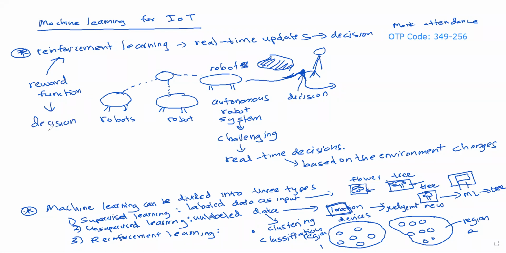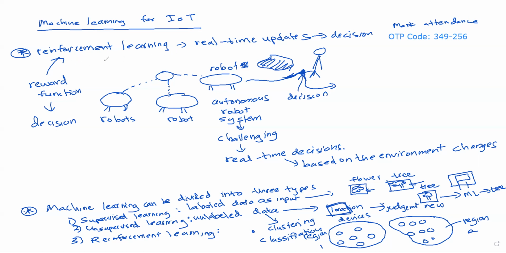The reward function is defined based on the expected output from the network, and the reward is getting higher if the decision that we make is more favorable for us in the environment. Anyway, these are in-depth techniques that are used in reinforcement learning. So if you're interested, you can learn about reinforcement learning.